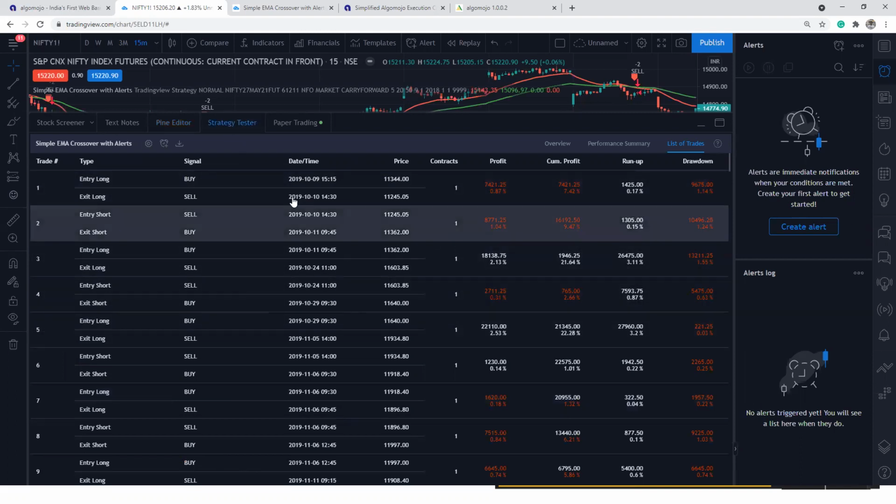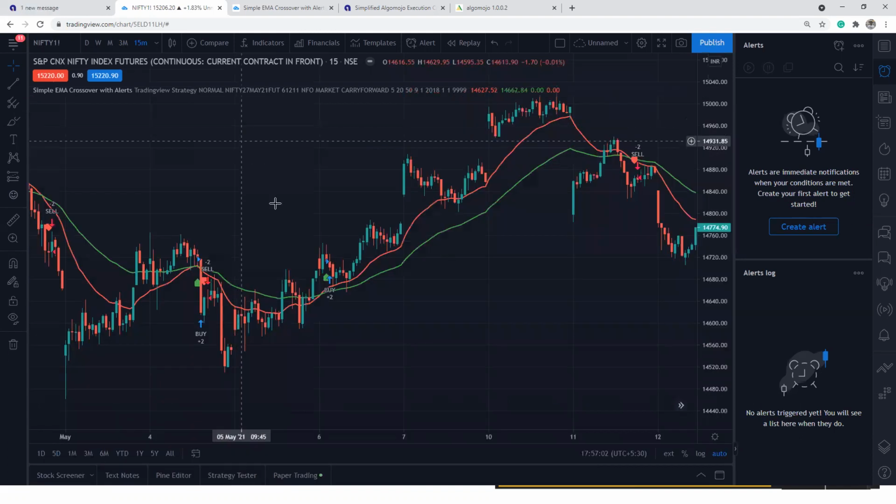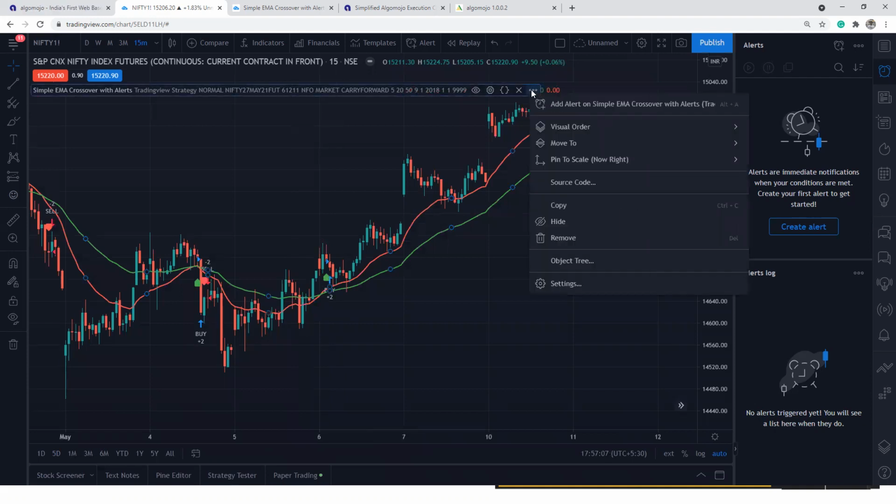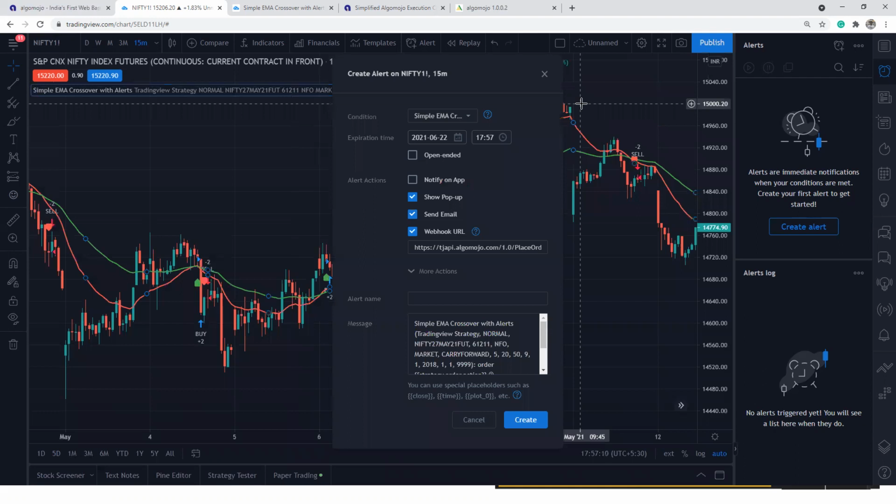Now, once your backtesting is functioning, it is very easy to configure an alert. So go to the alerts here, add an alert. Okay. Now from the alert, you have to go to the condition that alert is already configured. You don't need to touch anything over here. Webhook URL. In yesterday's session itself, I guess many of the people attended yesterday's session, right? I also explained how to go and configure the webhook URL. If you haven't attended, the recorded video is already posted inside the course. You can go back and check it out.